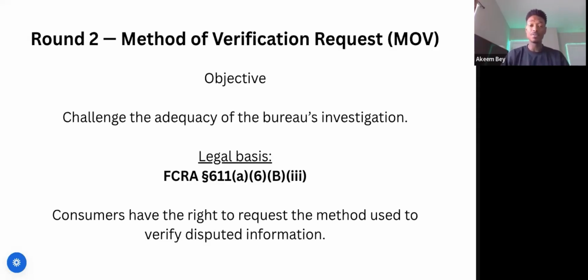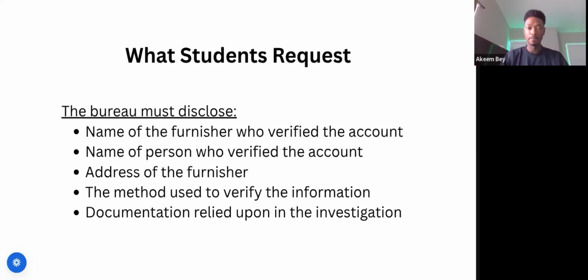And the legal basis for this is found under FCRA section 611(a)(6)(B)(iii). And you guys could check some of this stuff. When we have our classes, we'll be going over a lot of this. And consumers have the right to request this method of verification under this specific part of the law to verify disputed information. So what you want to request, right, when you send off that method of verification letter, you want